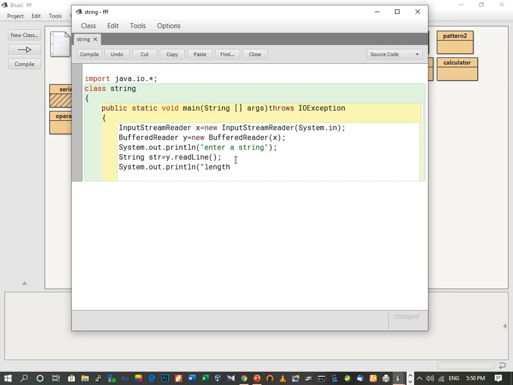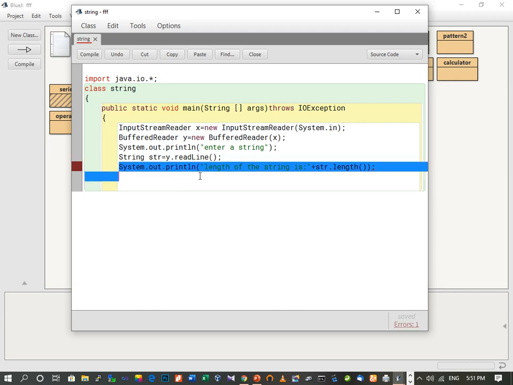To make it understood by the user, we are going to print a line also, but this is optional. You can skip this also. So, length of the string is, and whatever string the user enters, its length will be found with the help of the length function. We write str.length. This function will find out the length.